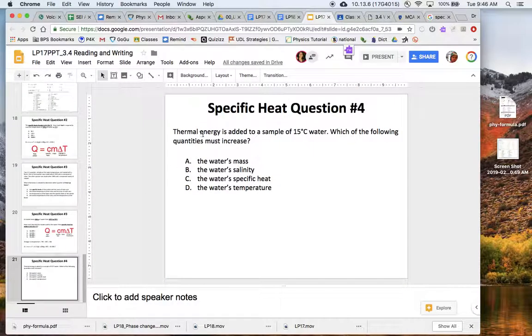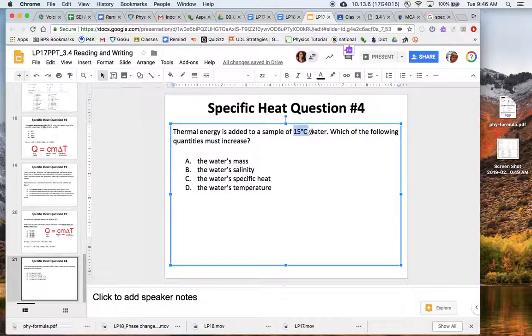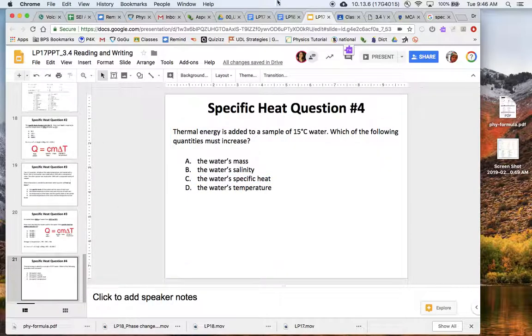Thermal energy is added to a sample of 15 degrees C water. Which of the following quantities must increase if we add thermal energy? If you add thermal energy, the temperature must increase or change. Specific heat never changes for a material. That's always the same. Okay, I hope this helps. Complete the